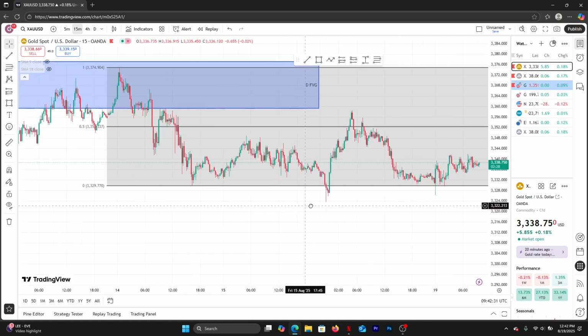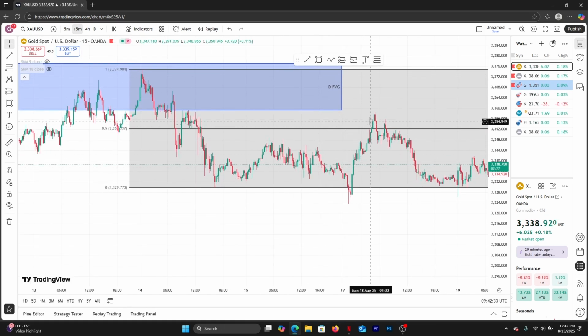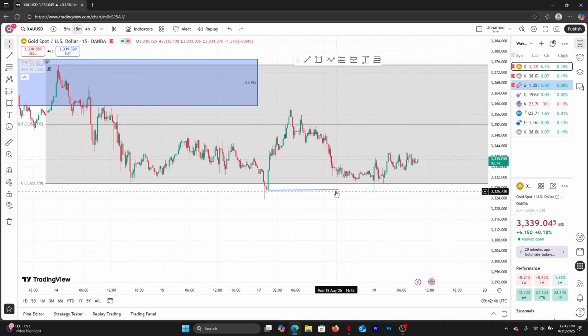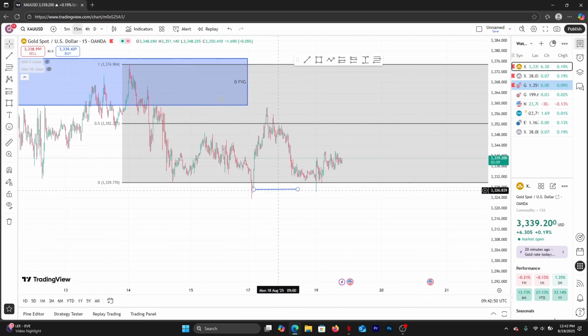Yeah, so in the 15-minute time frame on Monday, price opens at this point, this candle here. That was our price opening, and then price made an impulsive move upside to this 0.5 level,